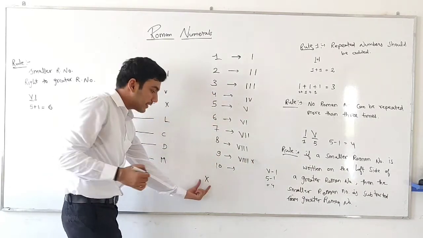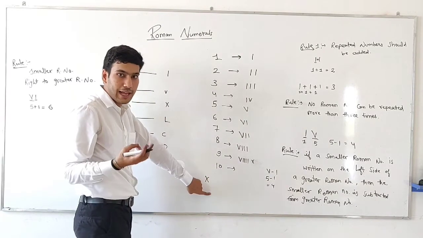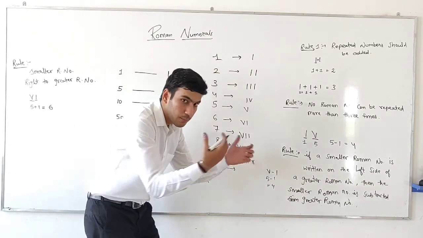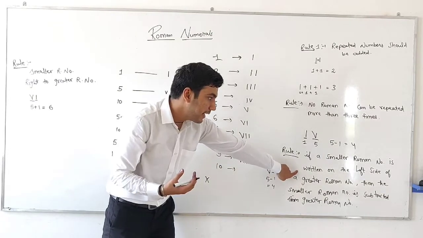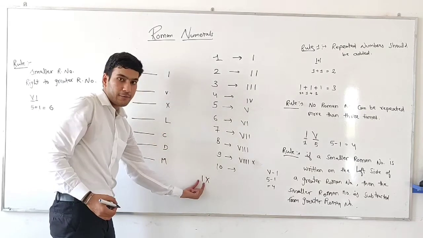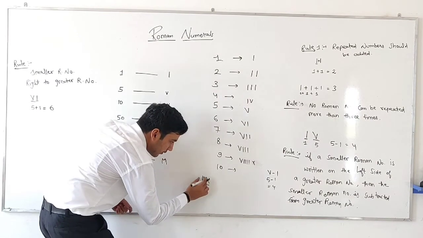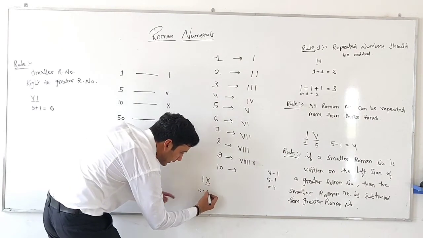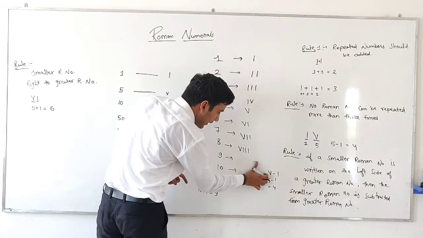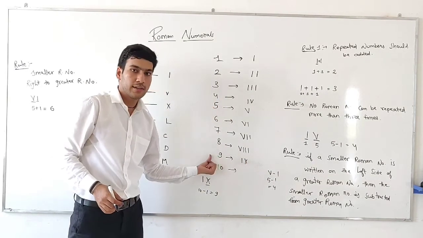We know this is the Roman symbol of 10. And if I subtract 1 from this, then I will get 9. So how to subtract any Roman number? Just put a smaller Roman number in the left side. So 10 and I'll write 1 in the left side. Then what is the meaning? This is for 10 and due to left side, this 1 is subtracted from this. That is 9. So the Roman symbol for 9 is IX. This is the Roman symbol for 9.